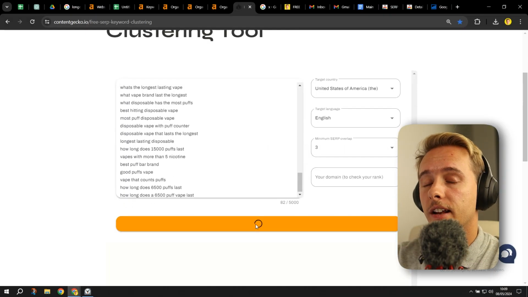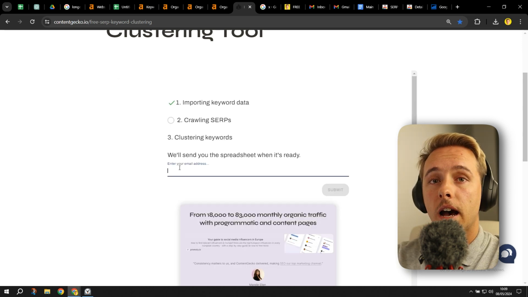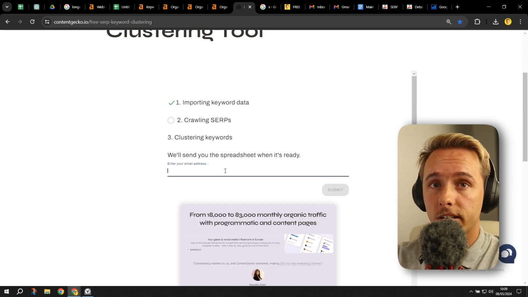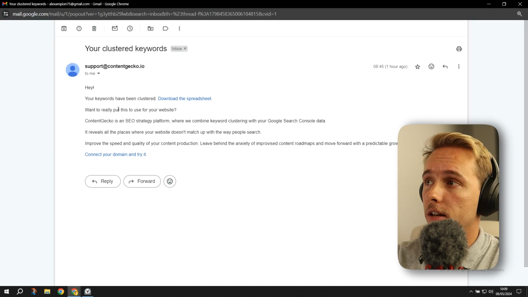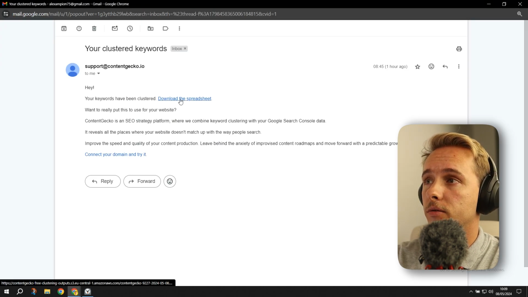Once you're done, create clusters and it normally takes around 1 to 5 minutes. And then you can put your email right here and they will send them to you. Once it's done, you'll get this email right here and you just have to press here to download the spreadsheet